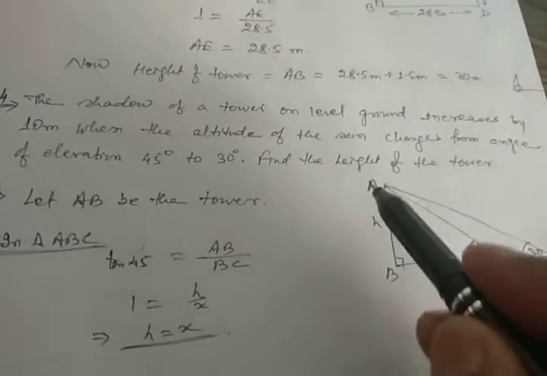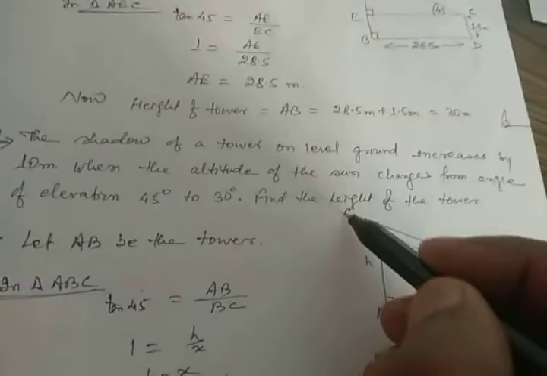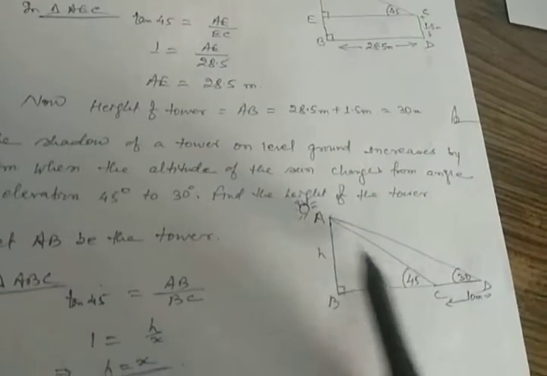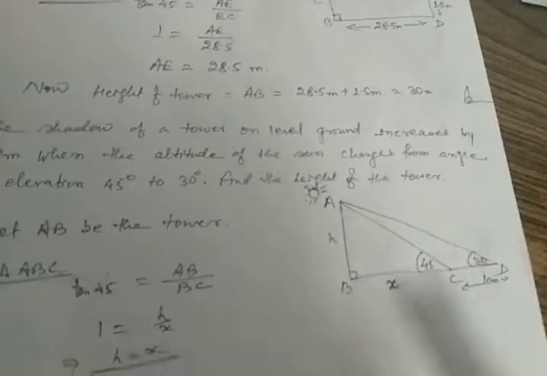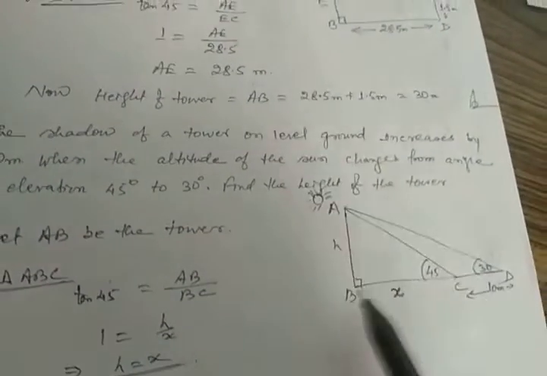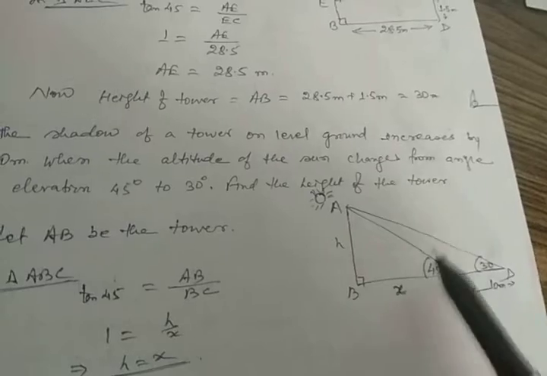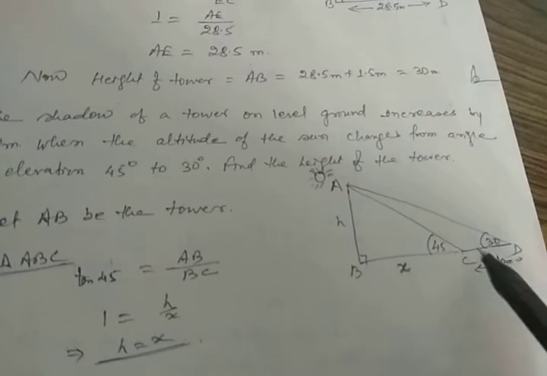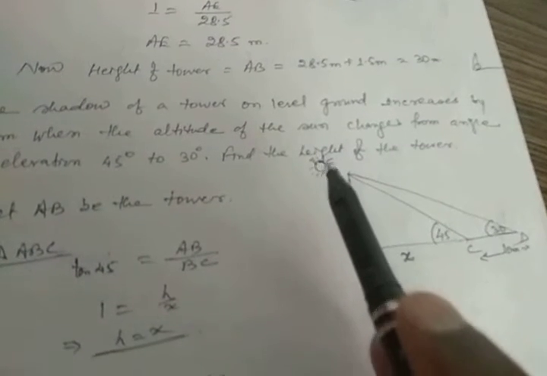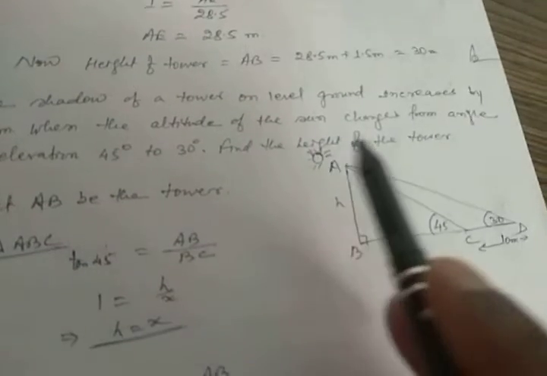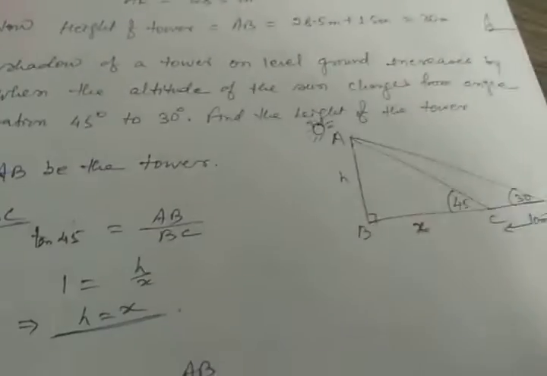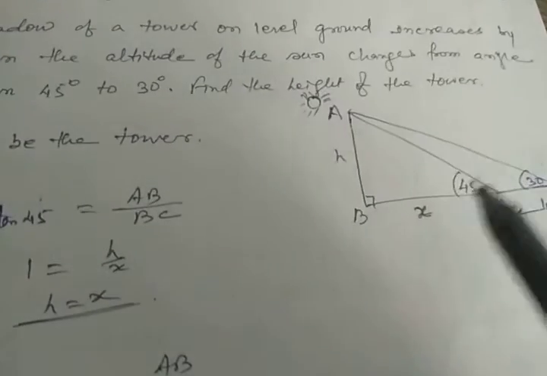Just see, AB is the height of the tower, and you can assume that our sun is here. So the shadow should be BC or BD. At the time for the point C, the length of the shadow is BC. Just see, this is the sun. So the altitude of the sun changes, and that is called the angle of elevation. I mean the height of the sun is measured as an angle. So this is 30 degree and this is 45 degree.